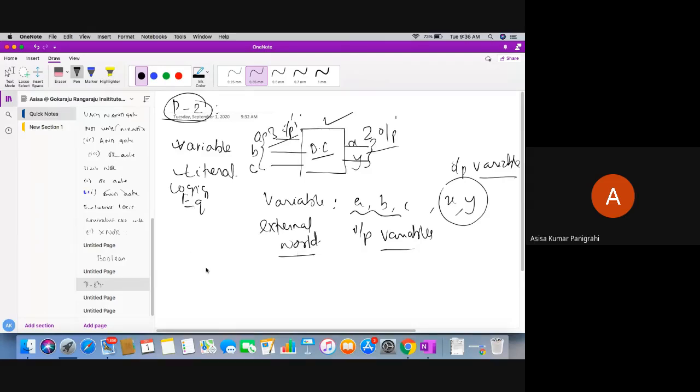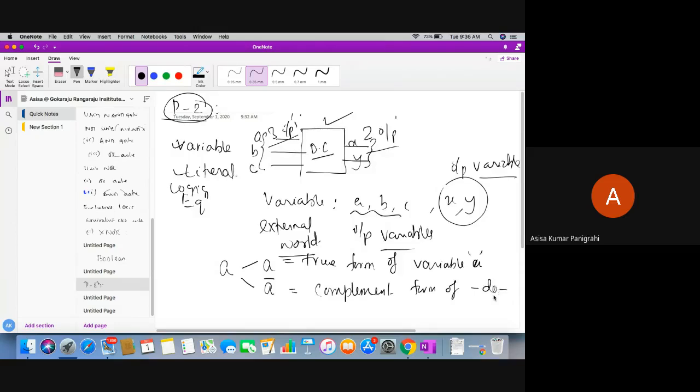Now literals means what? See here, variable a has 2 forms: a and a bar. So a is the true form of variable a, and a bar is nothing else but the complement form of variable a.